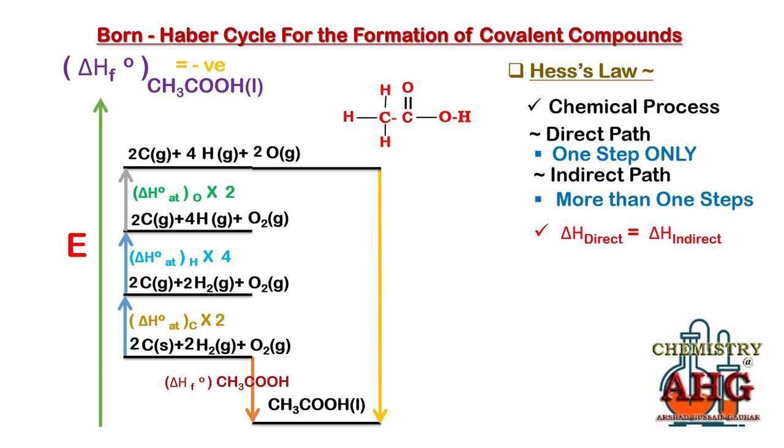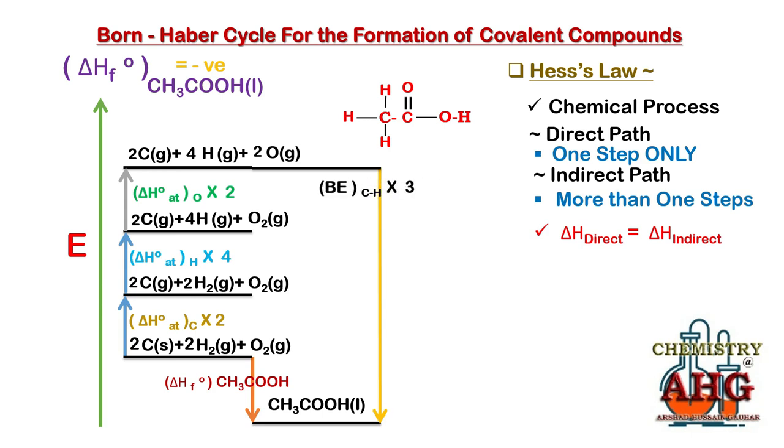Now if we start from the left hand side of this displayed formula, we can see first of all which bond is present. The first bond that is present is the carbon hydrogen bond. And how many carbon hydrogen bonds are present? 3. So what will we write on the reaction arrow? We will write the bond enthalpy of the C-H bond multiplied by 3, because there are 3 moles of C-H bonds.